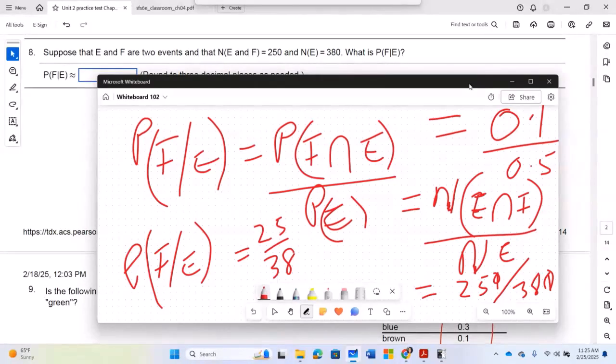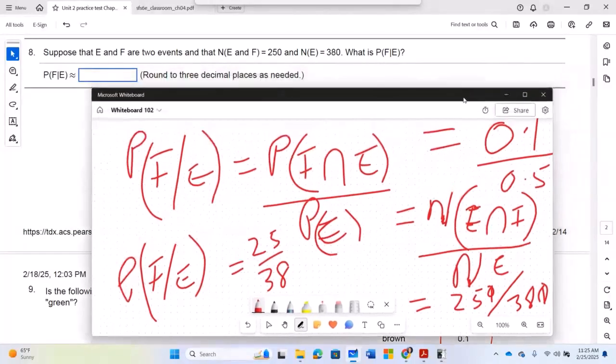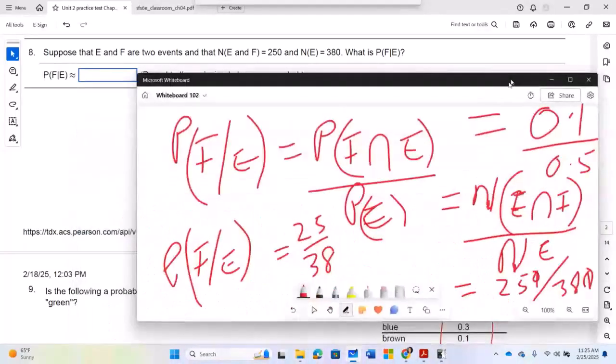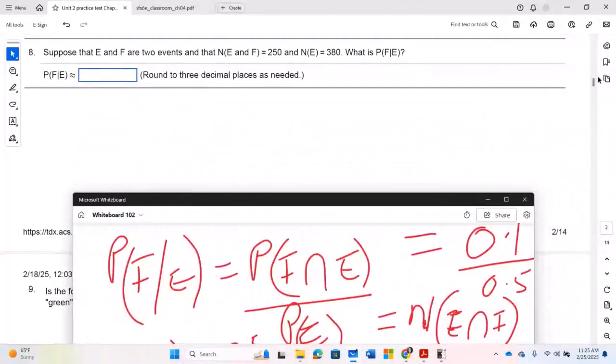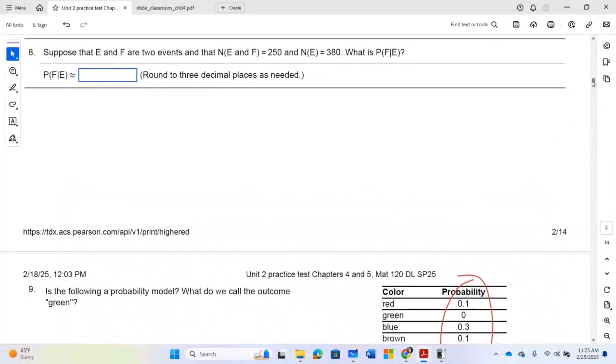It looks like division, and it means that you're looking for the probability of the first one, given that the second one happened first. Okay, so now we have done 2 questions on conditional probability. We settled that. We go back to